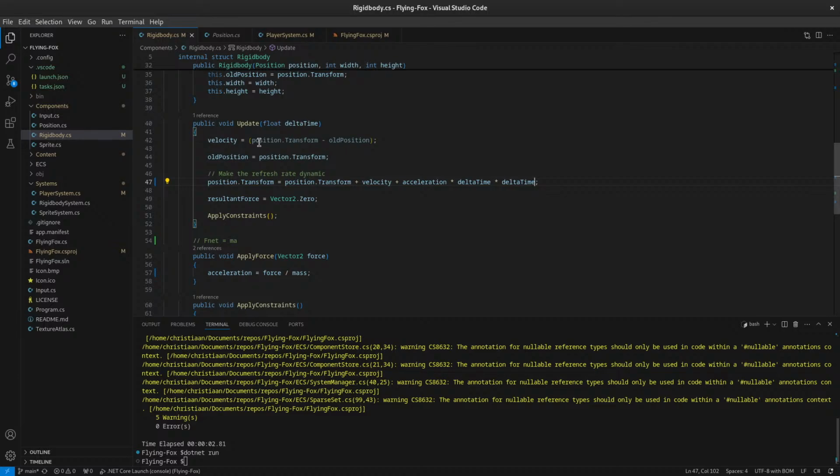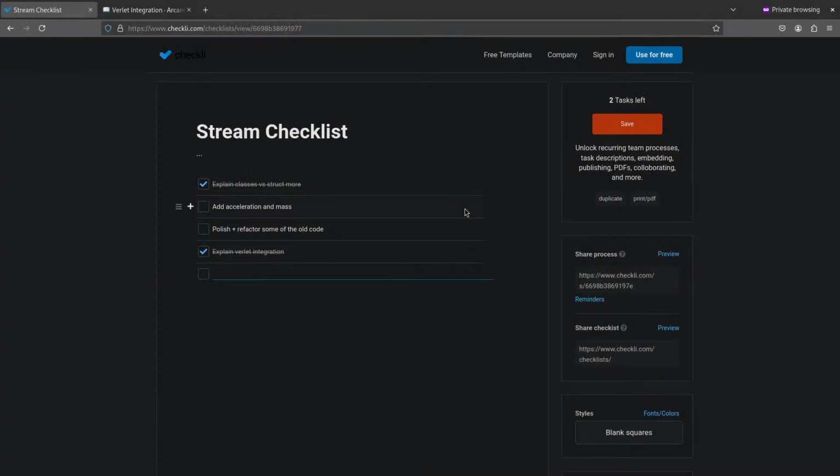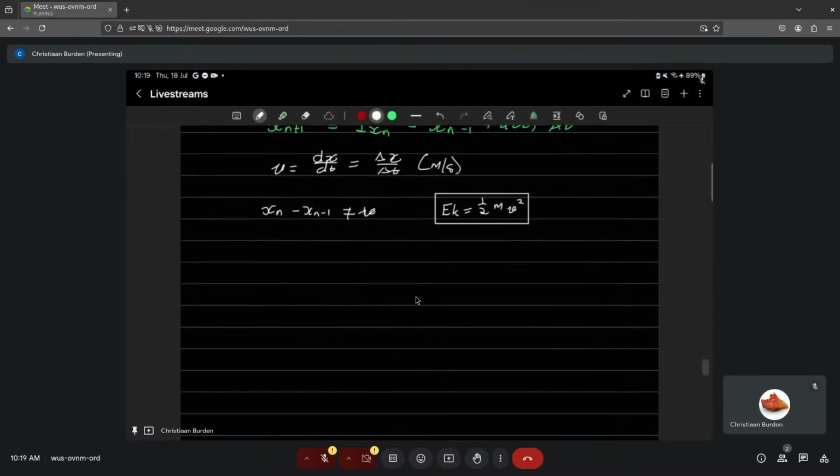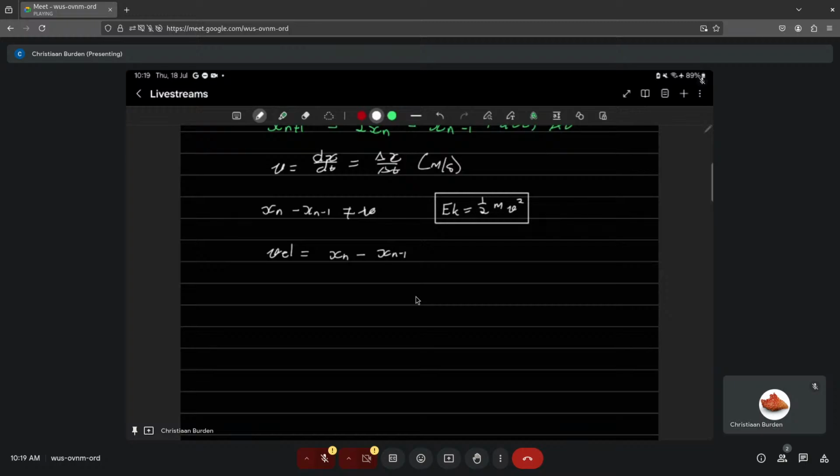You'll also probably want to ask why we do it like this. Let me show you again. Let's go back to our meeting. So if we say velocity is equal to the current position minus the old position, I think it's this. Let me just make sure I have it correct. Yeah. If we say that and we make the old position equal to the new position, we say in the next part x n plus 1 is equal to velocity plus x n plus a n delta t squared,